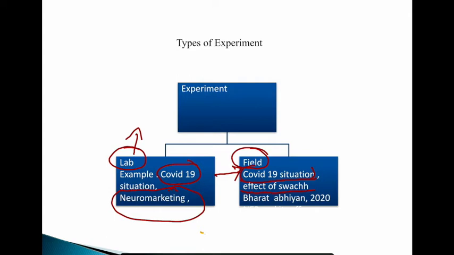You can also take the example of the 2020 NEP, the National Education Policy, the recent policy which has been introduced, and now how this policy will be implemented and what effects it will generate over a period of time. This is opening another Pandora's box for research. And in this, definitely the field experiments will be involved to see the effect of the same. So these are the basic examples through which I tried to clear the meaning of lab experiment and field experiment. The word experiment is not only restricted to science and engineering anymore, it is also applicable in all the other fields of research.